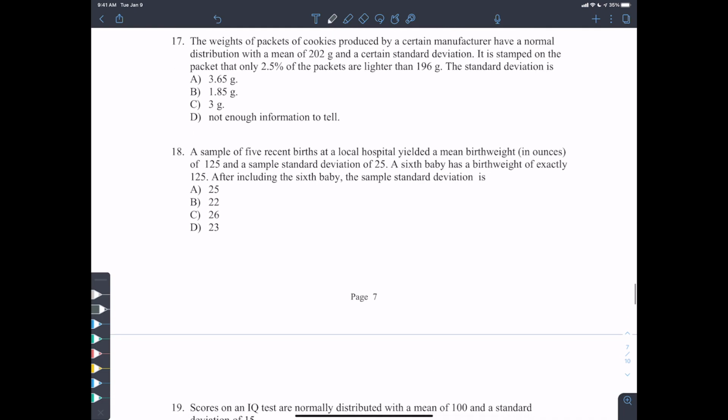17. The weights of packets of cookies produced by a certain manufacturer have a normal distribution with a mean of 202 grams and a certain standard deviation. So this time it wants you to find the standard deviation. The weight of the packets is lighter than 196. So it's saying, okay, 2.5%, which we'll use our inverse norm to find that. It is going to be negative